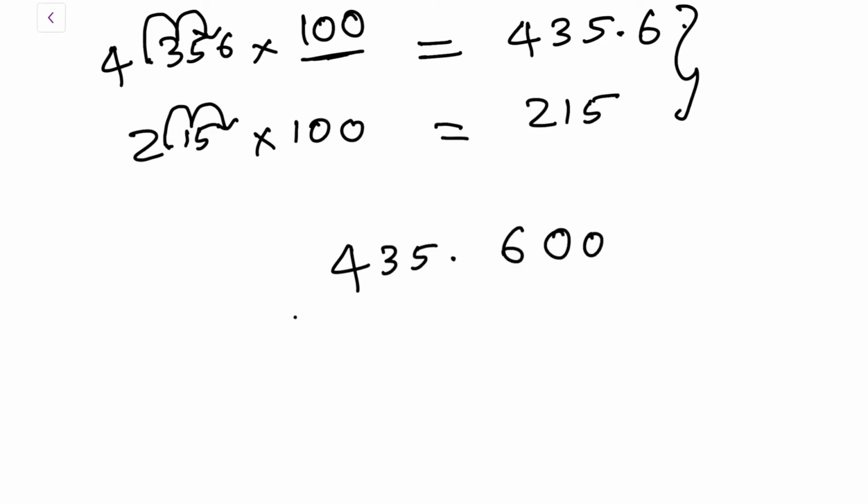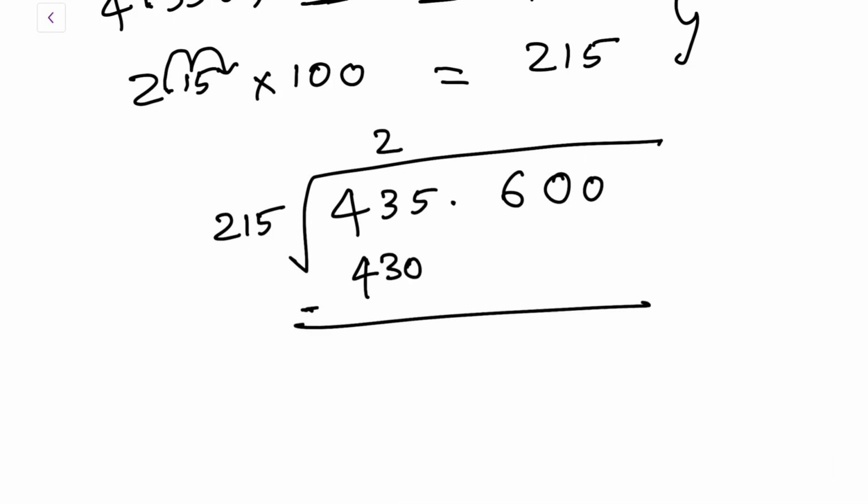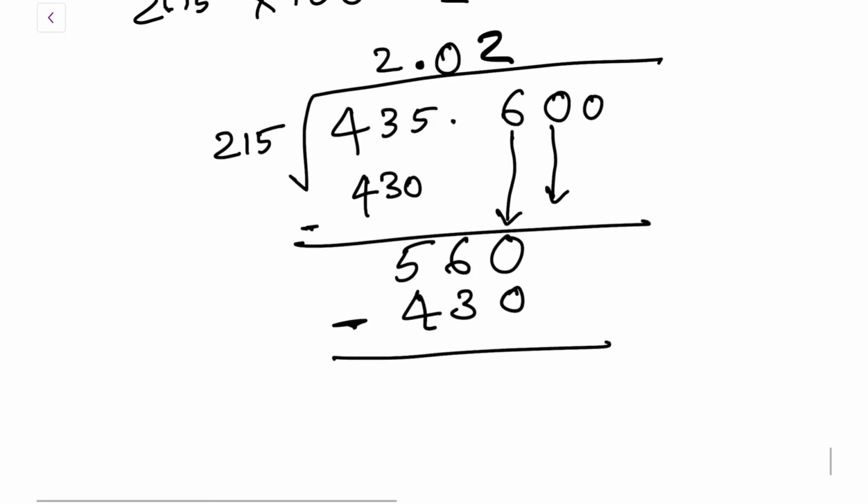So 435.600 divided by 215. As you can see, 215 into 2 is 430. This is 5. Before I bring the tens place down, I have to put a decimal point. Now I can bring 6 down, and again I need to bring this 0 also down, so I can put a 0 here, and then 215 into what is 560? 2s are 430. Alright, so 560 minus 430 is